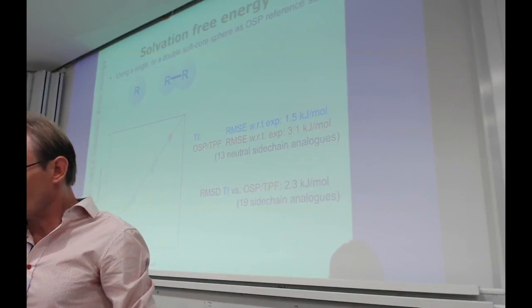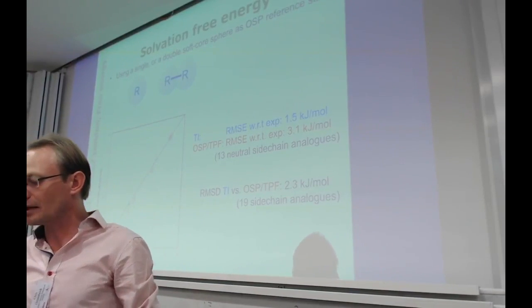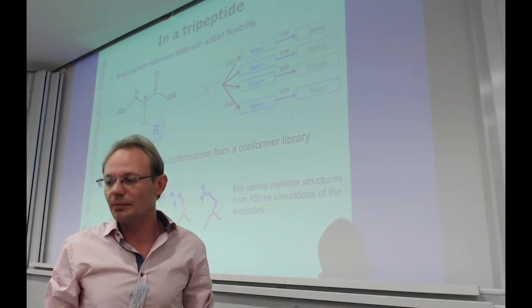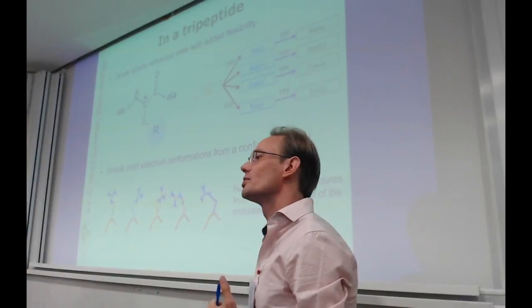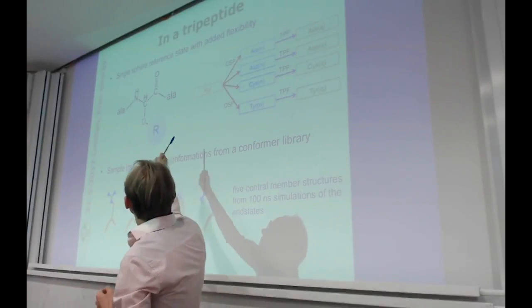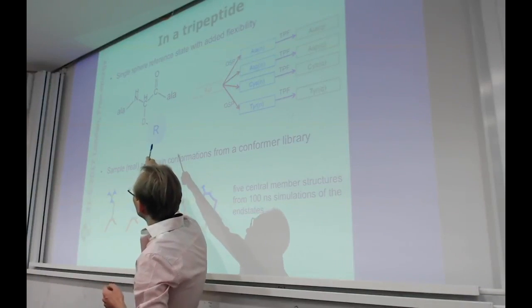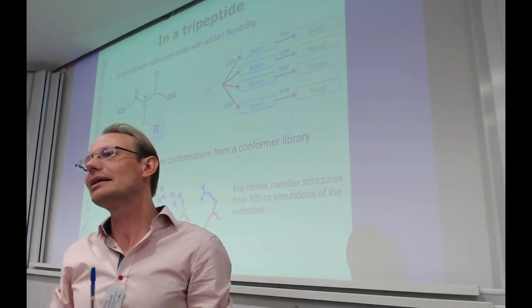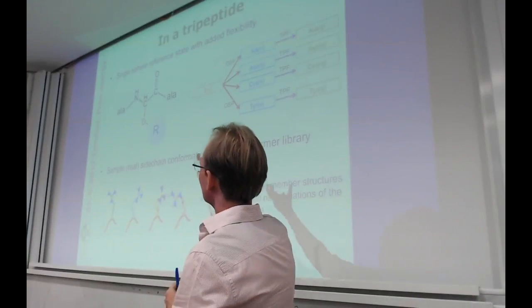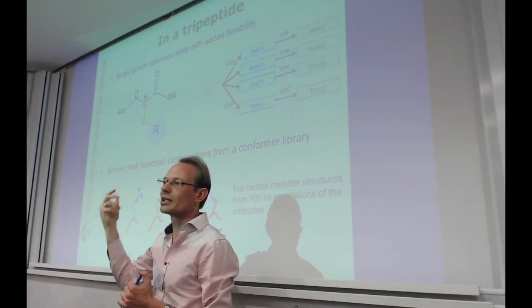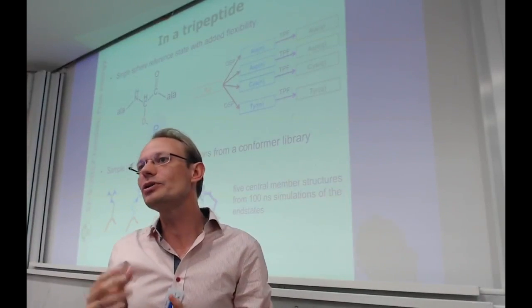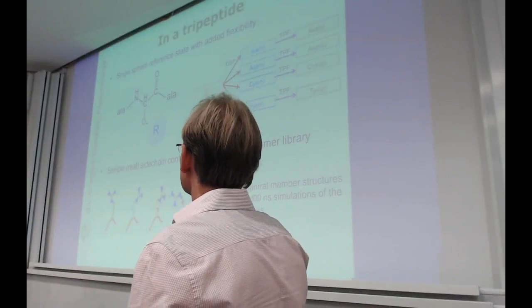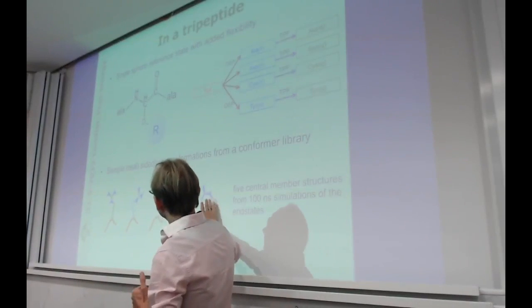Good, so then we wanted to do this also in a tripeptide, as a first test of whether we can do this in a protein. What we now have is our reference state. We put our soft core particle, this R atom, at a little distance with the dummy atom so that it actually samples a few more conformations. And what we do is we put in our real molecules, but the neutral ones,